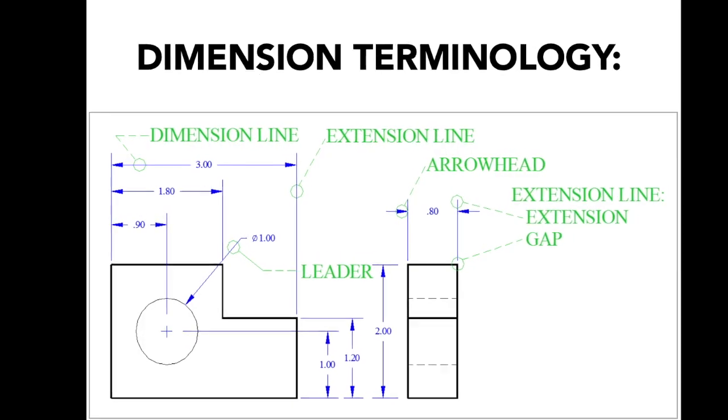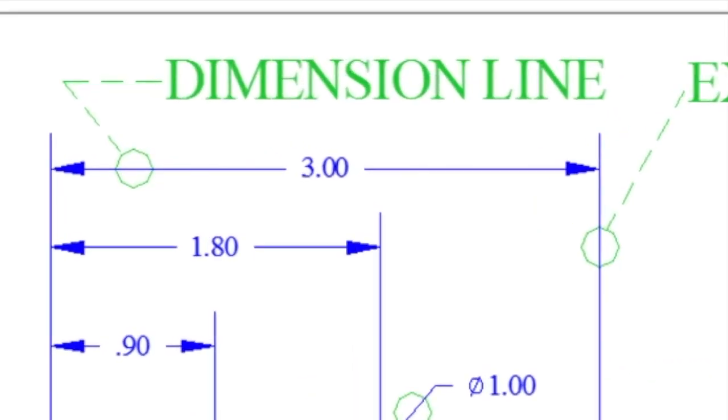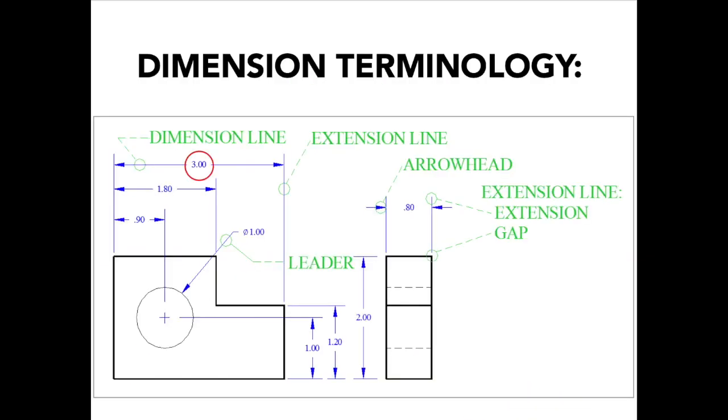The most important is the dimension line, which actually shows the arrow and pointing to the extension. Inside the dimension line, you'll have the actual number, which is the dimension itself. Those arrows point to the extension line, which are very thin lines that go all the way to the part or to the reference that you are dimensioning. Then you have a leader dimension, which is commonly used for diameters and arcs, but are also used for other